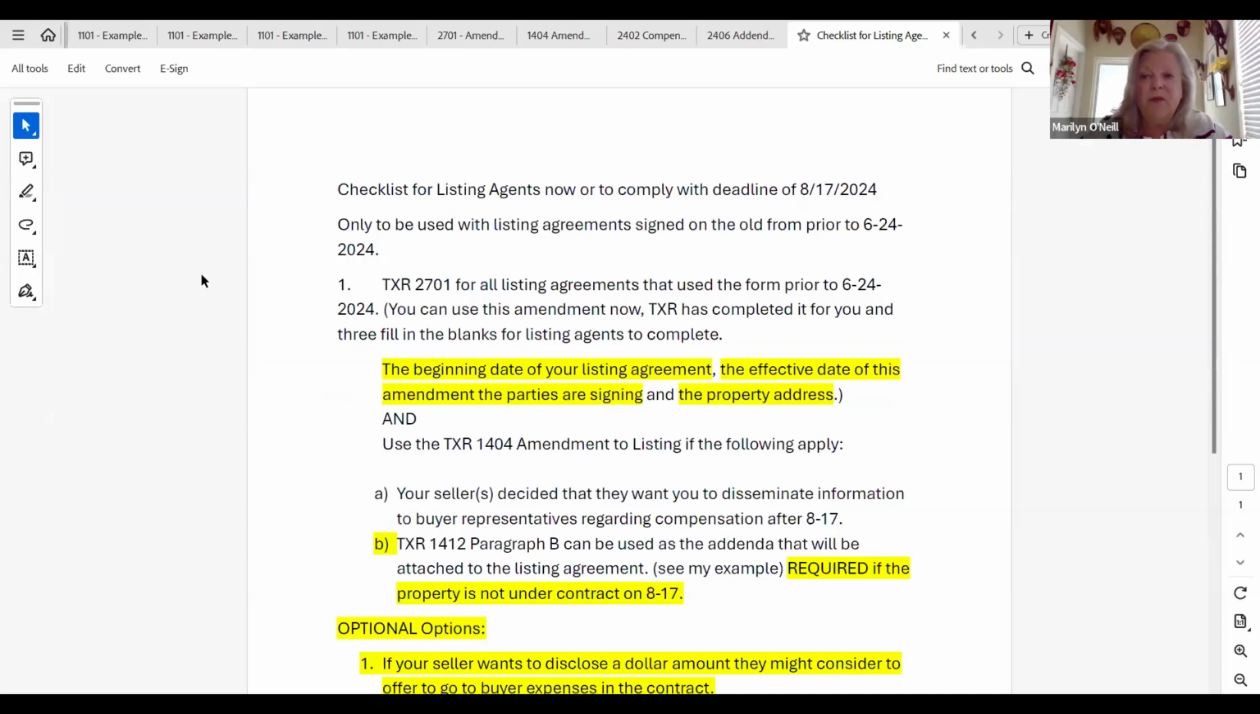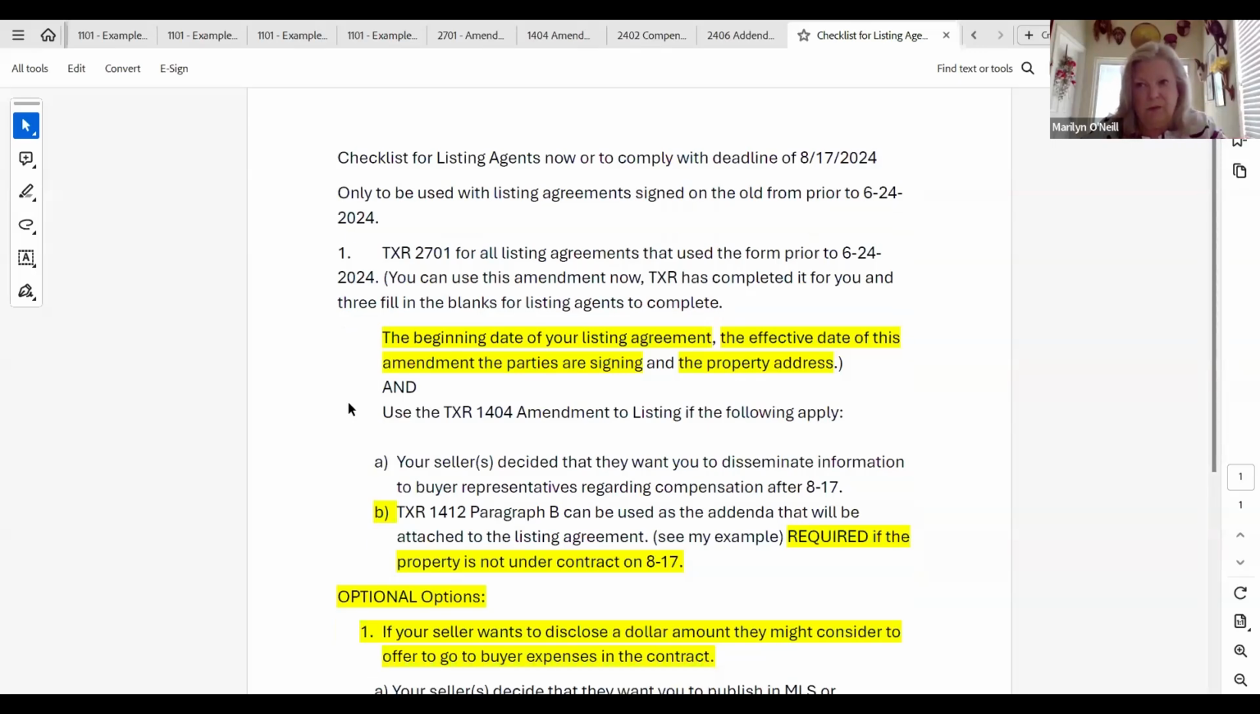You can use it now if you want, or it could apply to your listing that you did prior to 6/24 where you offered no compensation, right? Just depends. And so you're only going to use this Texas Realtors 2701, the one I just showed you, on the old agreements. You don't have to do anything if you have a listing on the new agreement dated 6/24. Okay. And again, I showed you the 3 areas as a listing agent that you would have to make any notation. Now, the only other thing you might have to do as of August 17th, if you're not under contract,